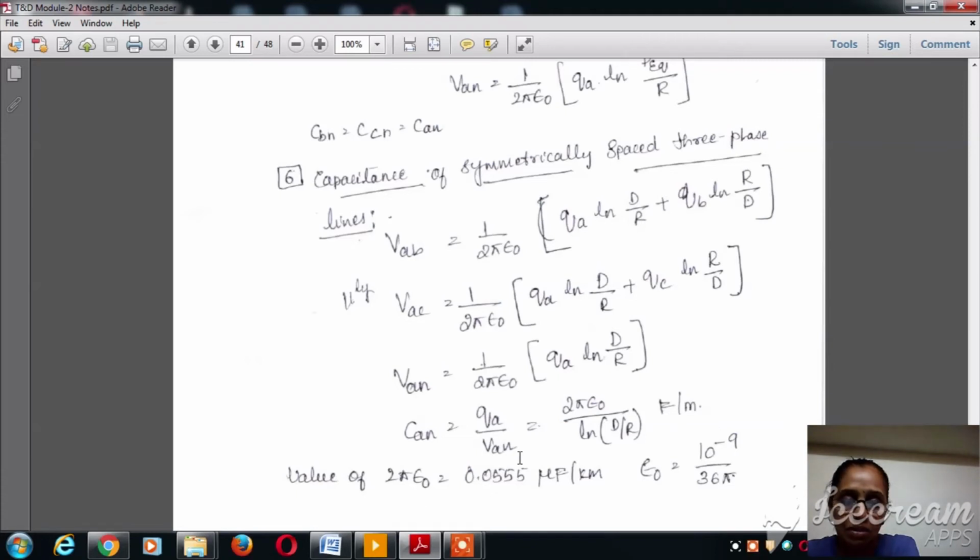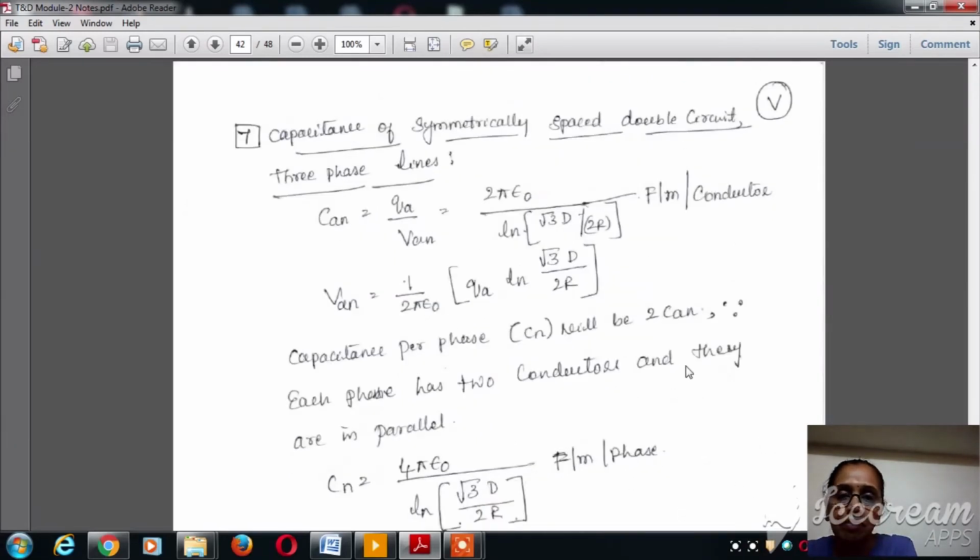farads per meter. The value of 2 pi epsilon naught, if we calculate, is 0.0555 microfarad per kilometer. Epsilon naught is nothing but 10 to the power minus 9 divided by 36 pi. Now similarly, we have